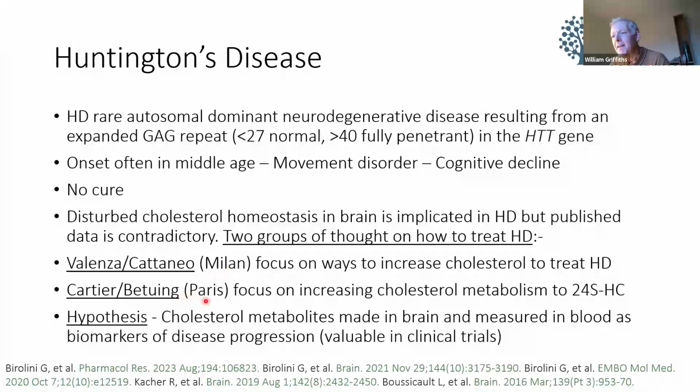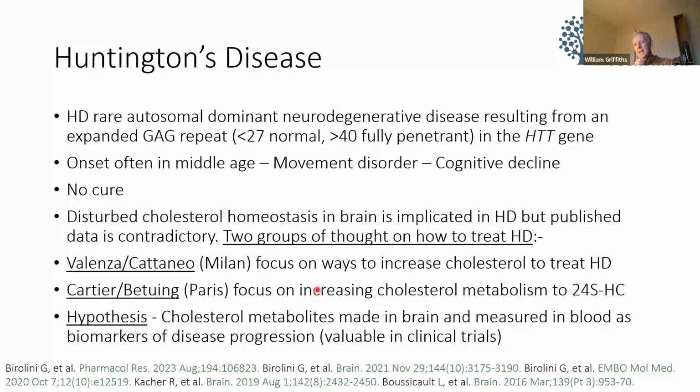On the other hand, there's a group in Paris in France who think another way. They think that instead of increasing cholesterol levels, it might be better to increase cholesterol metabolism, and they've been focusing on ways to do that as a way of treating Huntington's disease. They have a clinical trial running in Paris at the moment, using AAV to put an enzyme into the brain to increase cholesterol metabolism as a treatment for Huntington's disease. So cholesterol is really thought to be linked to